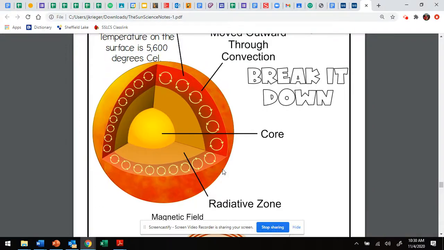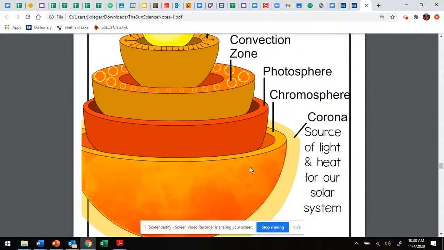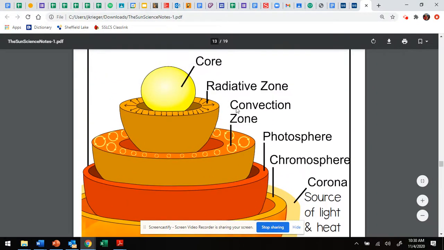So kind of start practicing. You've got the core, and I always like referring to this model like a bowl. Then after the core, our radiative zone, convection zone. Still on the inside is our photosphere, chromosphere. Then we start going on the